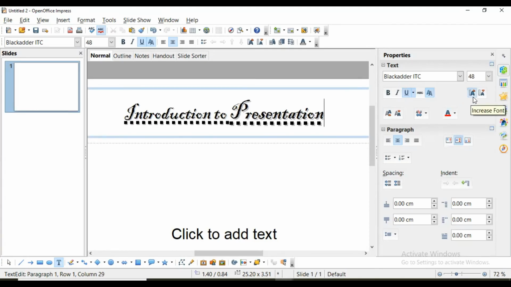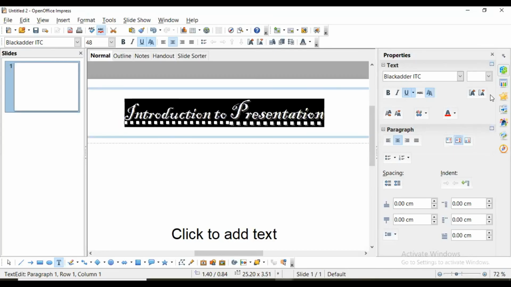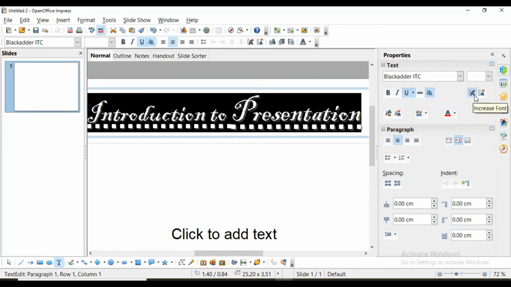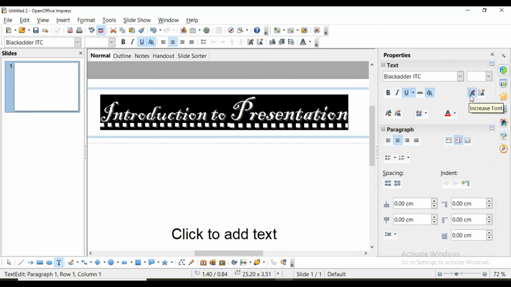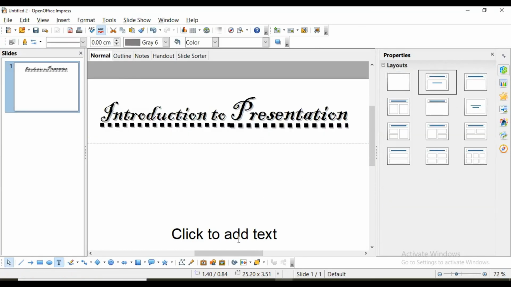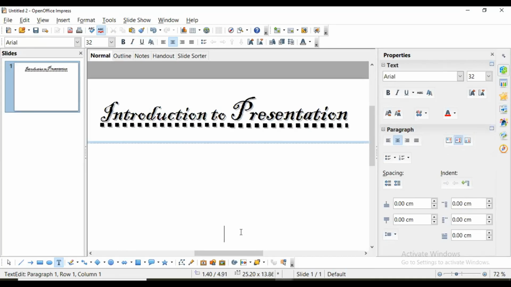Okay, more options are there. This is increase font, this is decrease font. Instead of selecting from here, you can select the font and you can use this. This is to reduce, this is to increase font size. Okay, like this. This is superscript. That is if you want to type something like this x square. Okay, at that time 2 we want to show that alignment of 2 on the upper side of x. So select the 2 and this is superscript like this.